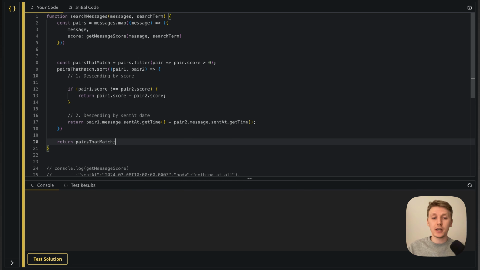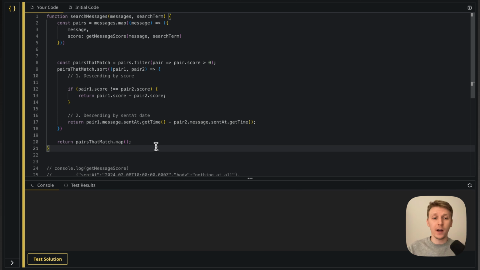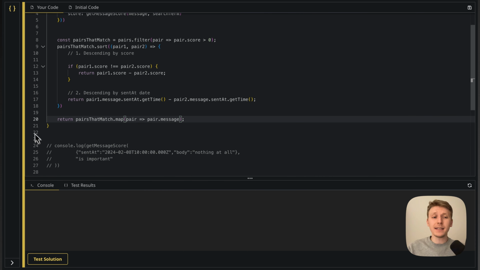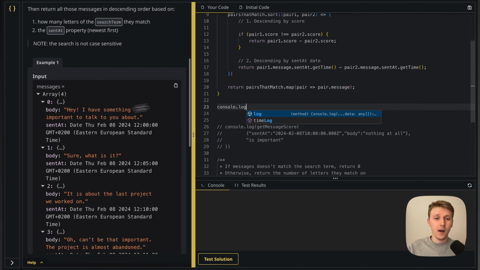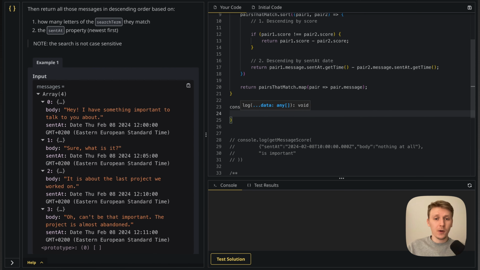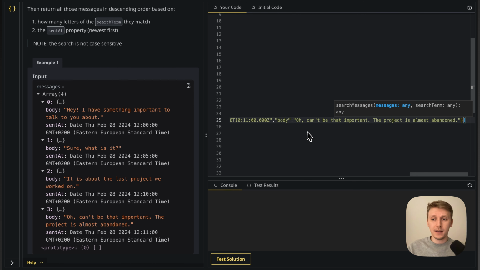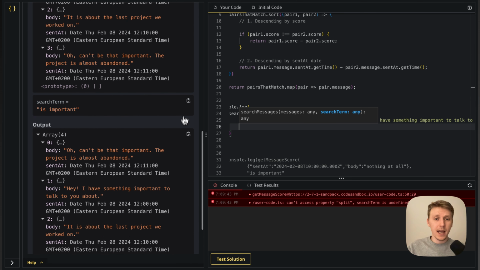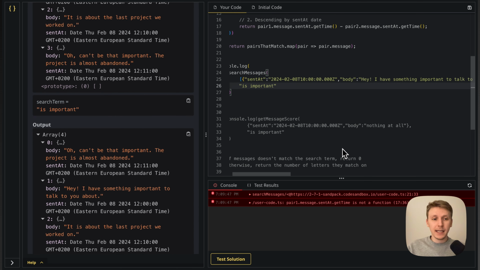PairsThatMatch. Actually, .map. We only care about the messages, not the score. And I'm going to do pair.message. Yeah, this seems to be working. So let's actually test it, right? So I'm going to say console.log of, here I'm going to do searchMessages of, this is the array and this is the search term. And we get